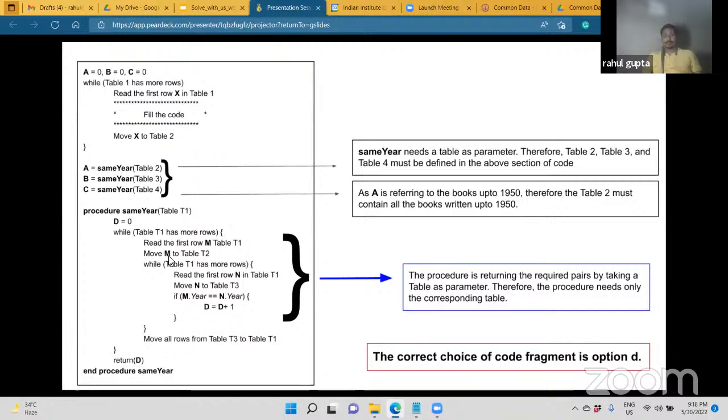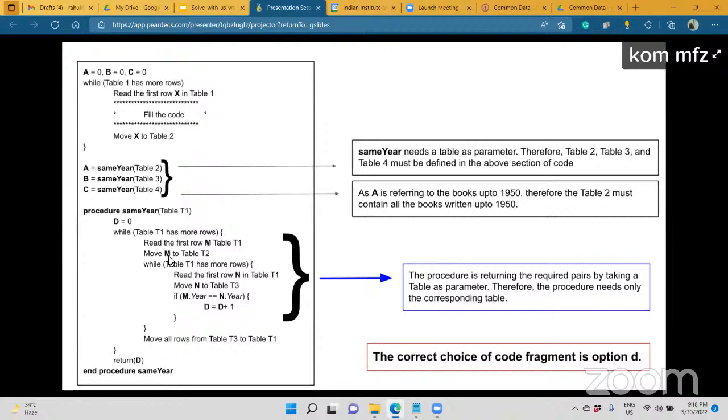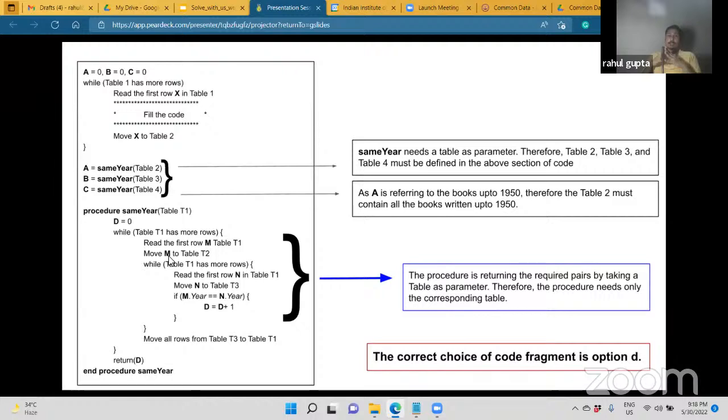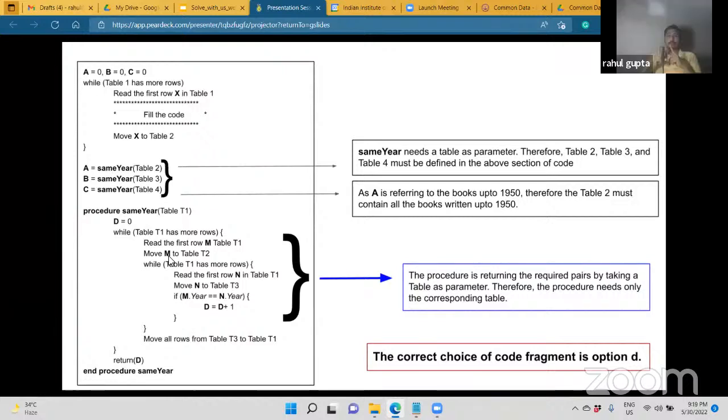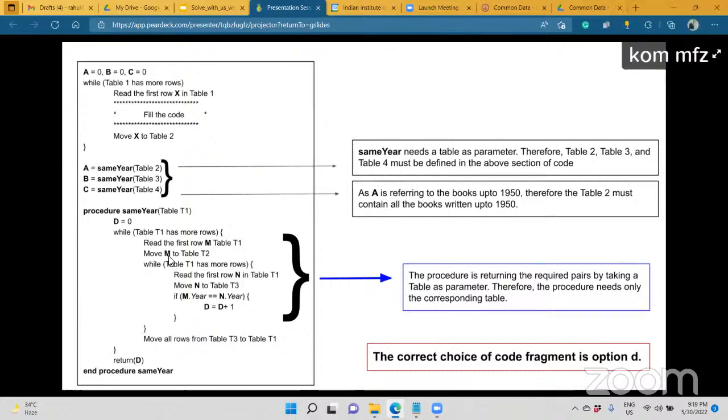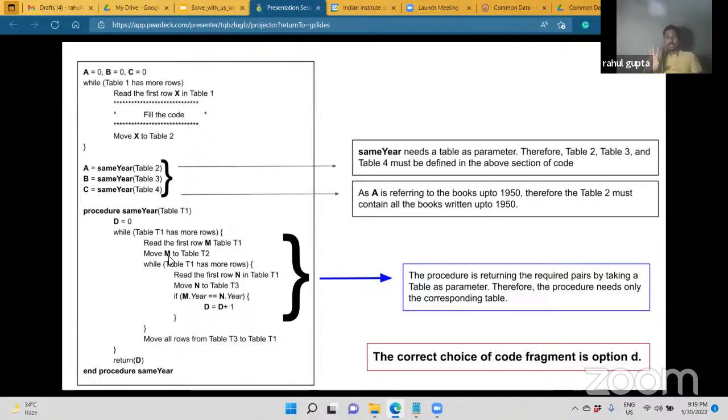Only years. Okay. So what would D represent, basically, sir? We are counting number of authors in a particular period of time, sir, or number of pairs of books? It's not the number of pairs. We are not talking about the number of pairs. Because you can call the number, M year is equal to N year, sir. So together we are looking at 2 books. So we are looking at one pair. We are not trying to find the pair. Okay, number of books. It's a number of pair, right? Because D is initialized to 0, right?